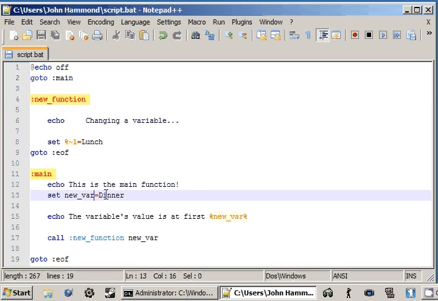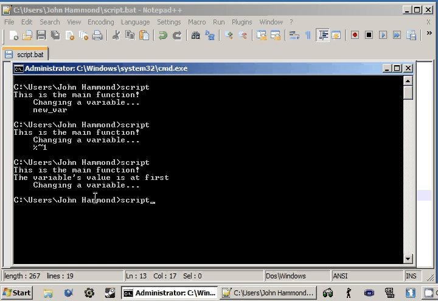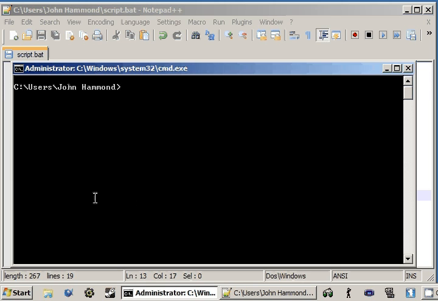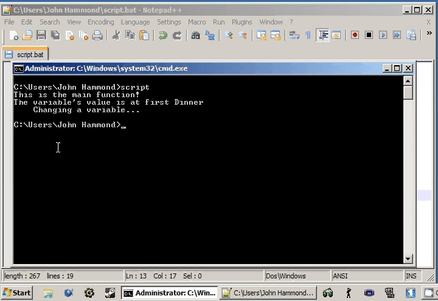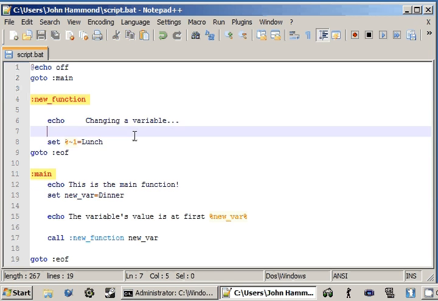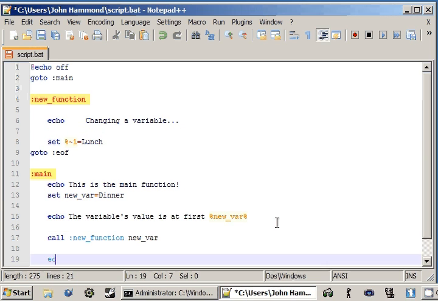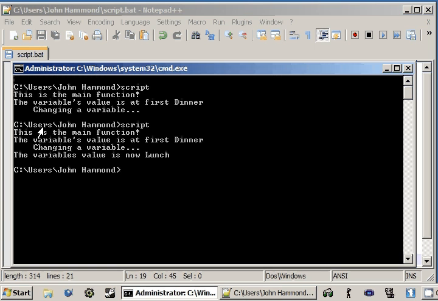And I should have stressed that a lot more, that you should never ever have spaces inside of a script when you are assigning a variable. So we can go back here. I'll clear the screen so we look like we're at a blank slate. We'll run our script, and the new variable's value is at first dinner. Now when we change it inside of our function here, if we go ahead and echo this out now, the variable's value is now, and we can pass in new var. We run this, the variable's value is at first dinner, then we change it, and then the variable's value is